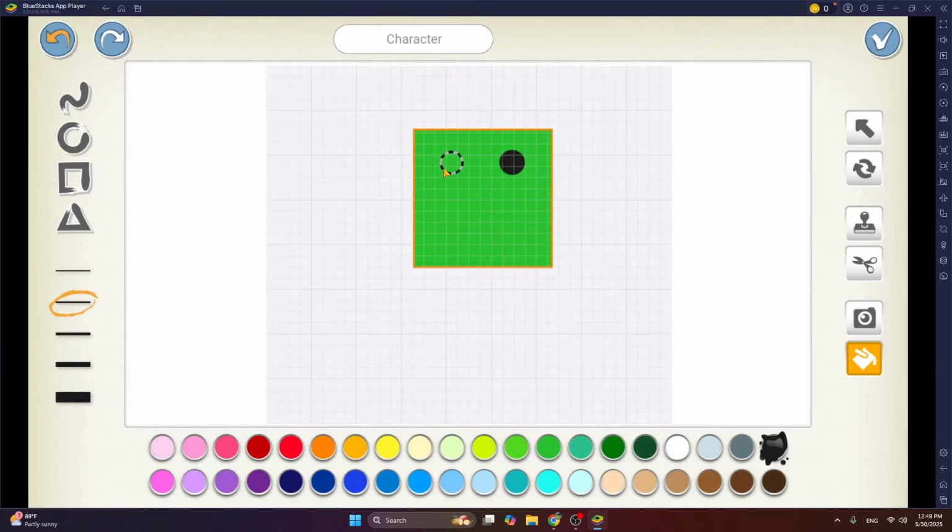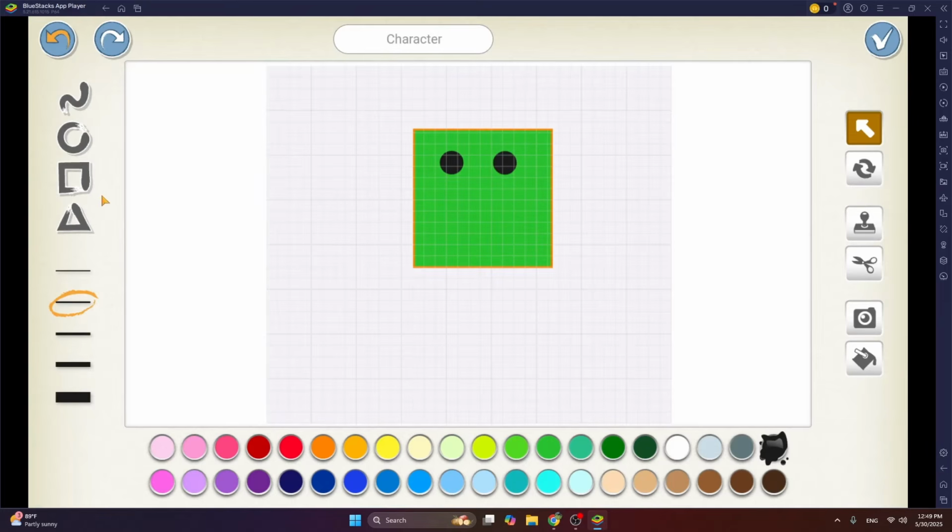here. And we can duplicate whatever we have drawn in Scratch Junior 2. So let me get rid of this eye by using the scissor tool and then tapping on it. And then click on this stamp tool and then tap on this eye. And you can see I have exactly the same eye that has been copied. So I don't need to draw another eye.